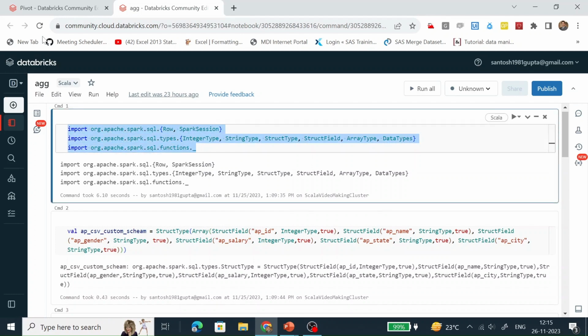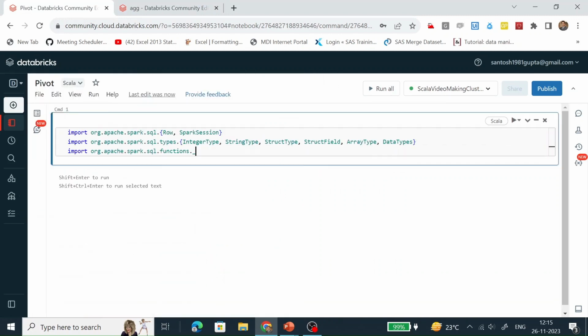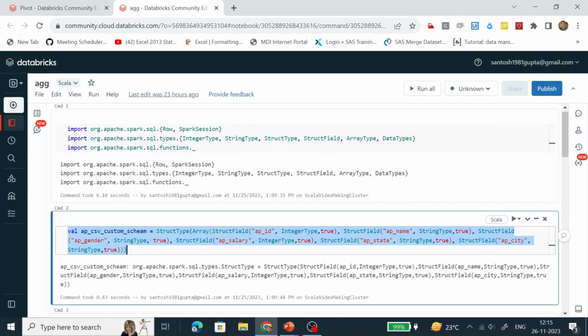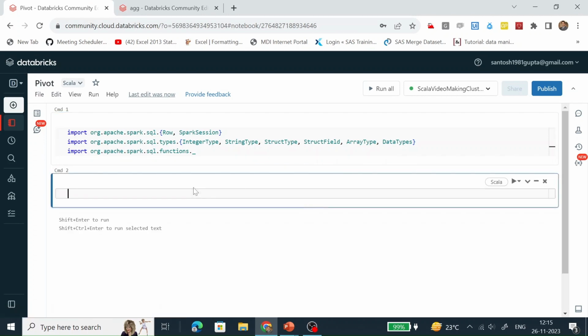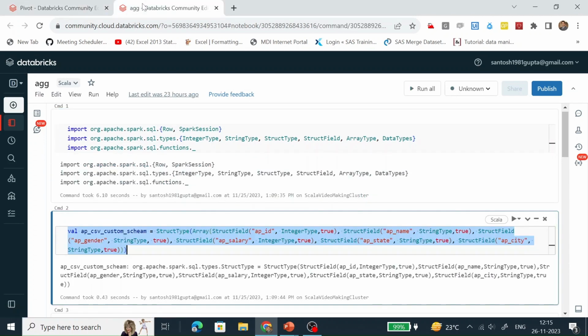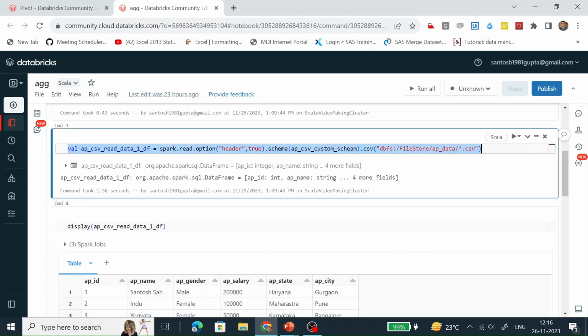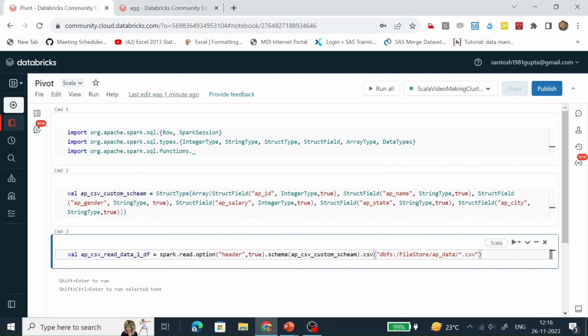This code will import all the required libraries. This will create a custom schema. This will read the CSV file and create the data frame.